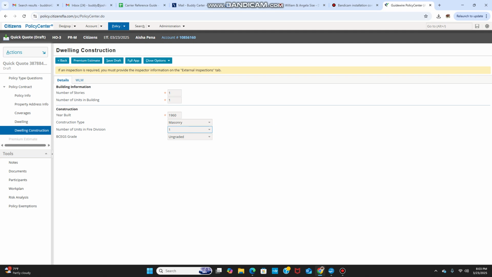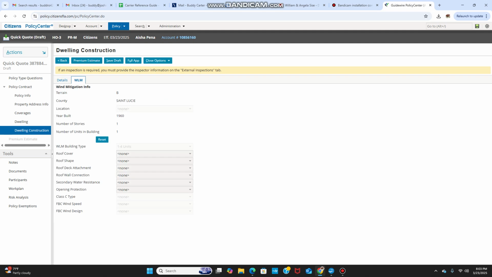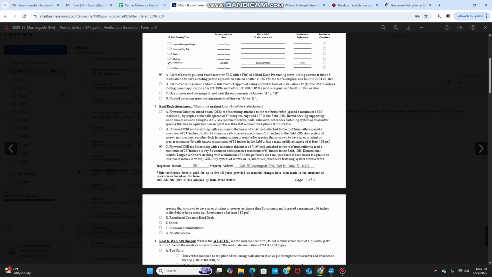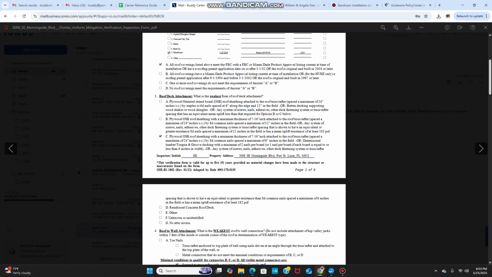Click the tab that says WLM, wind loss mitigation. So if I'm telling you to run a Citizens quote, then I'm going to give you the values for these sections. Now, one of these days I'll teach you how to read one of these forms. This is a wind mitigation. For now, I'll read it myself, but I'll try to give you the values on here. So it's FBC, DEC C,